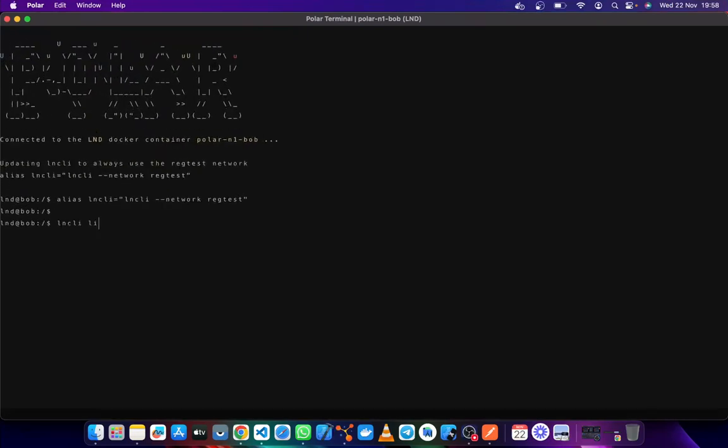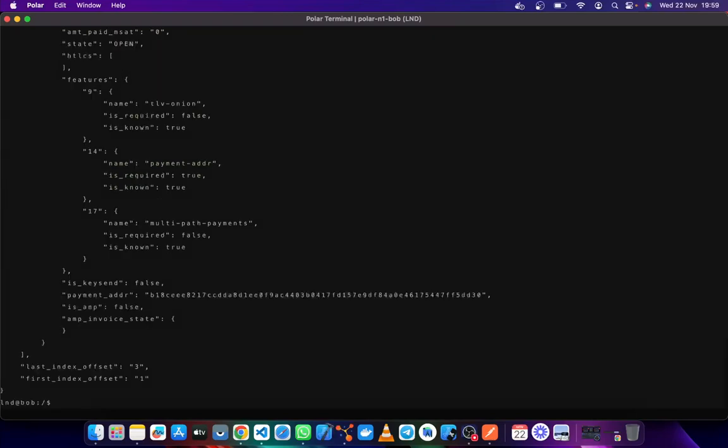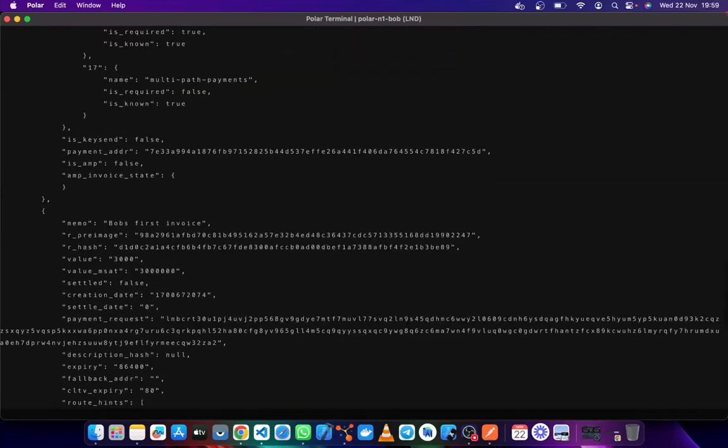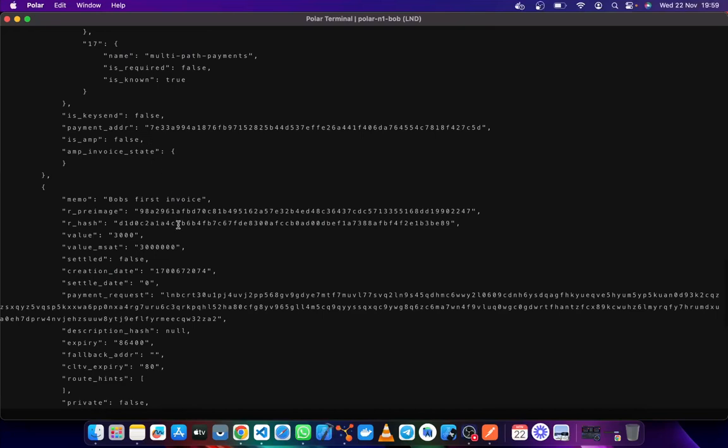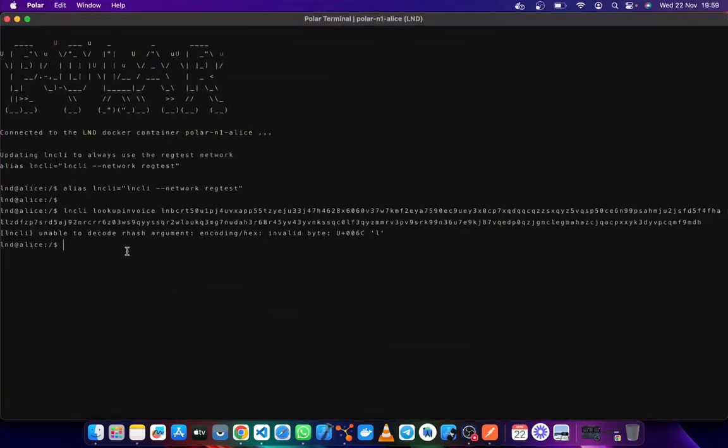lncli, let me list some of his invoices. So lncli listinvoices, with an S. So I need to use this. So with the terminal, you use this. So let me go ahead and decode that. lncli lookupinvoice.